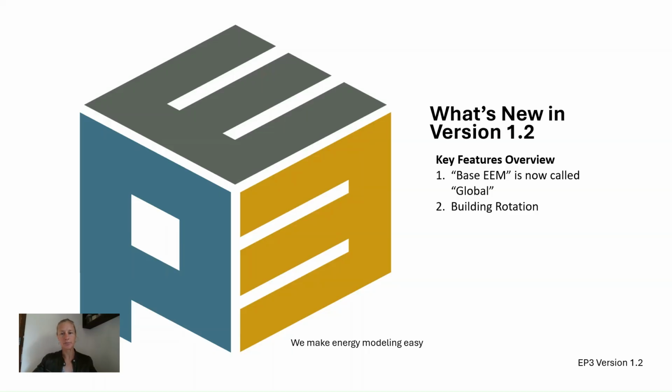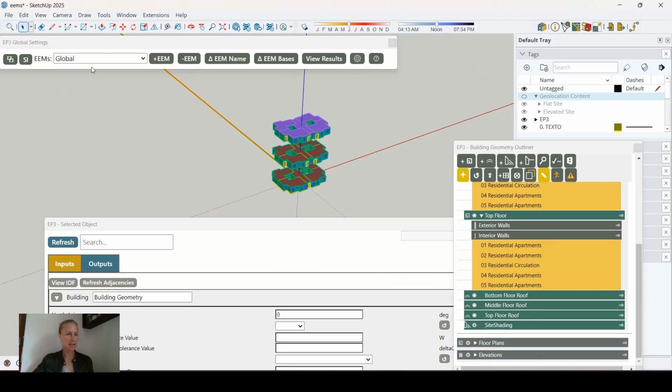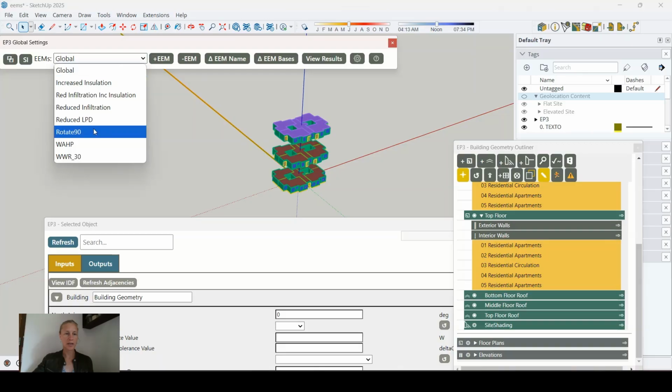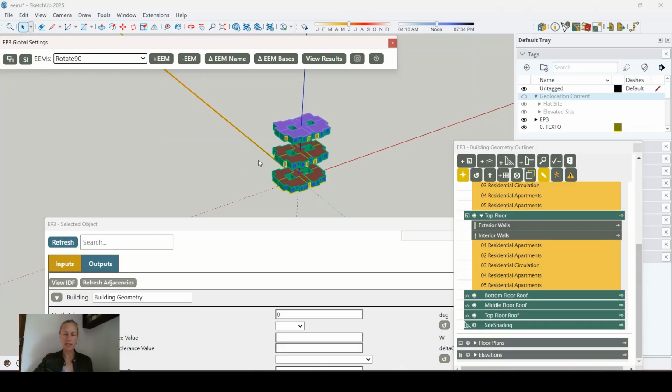Let me show you. Here we have, in our global model, a north axis set of 0. I'm going to change to an EEM where I've rotated the building 90 degrees. And when I make that change, we can see that the north axis of our building geometry has been set to 90 and that our SketchUp 3D geometry has been updated. Now, this will just help you keep track of what is going on in your model, but it also means